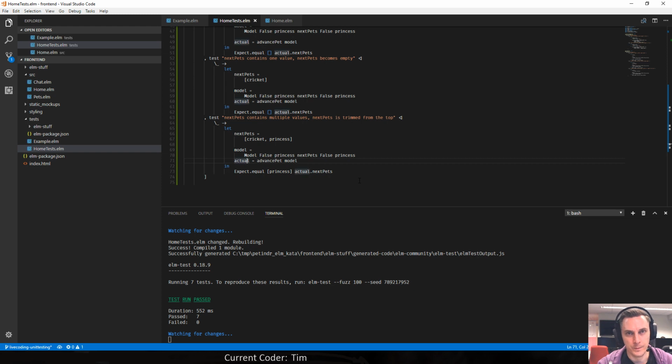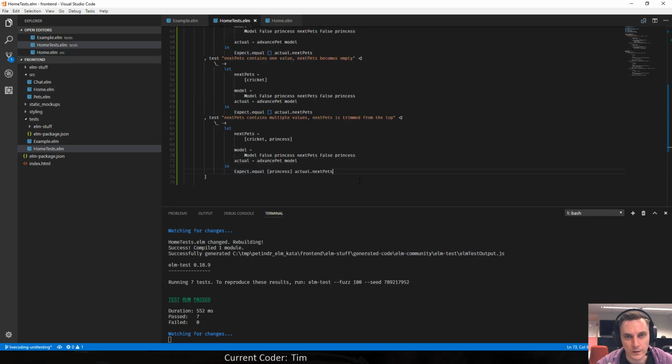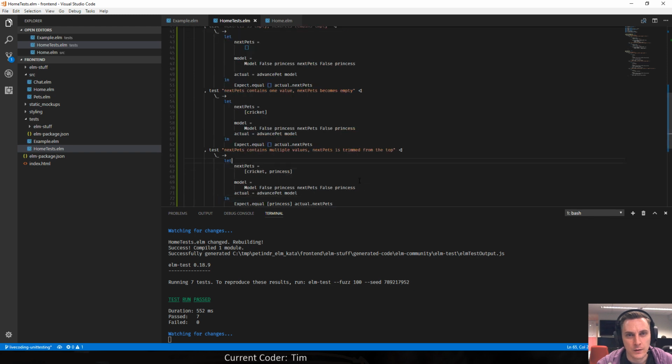Now, advanced bet doesn't just have an impact on our next bets list. It also has an impact on the current bet. So this one function modifies two things, and this is why our tests are looking like this.